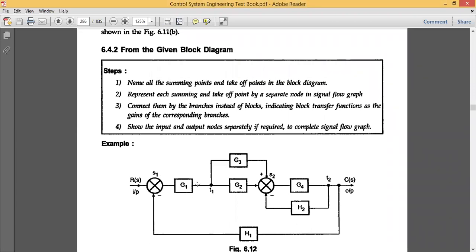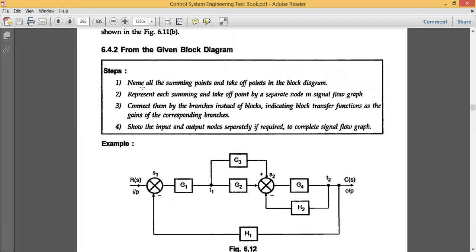If you look at this diagram, the method is a bit different as compared to the earlier video lecture. The earlier video lecture was with respect to the given equations, and you needed to go about drawing the signal flow graph. Okay, now let us see what are the few steps which are necessary to draw the signal flow graph. If you look at this figure here, we have again four steps.